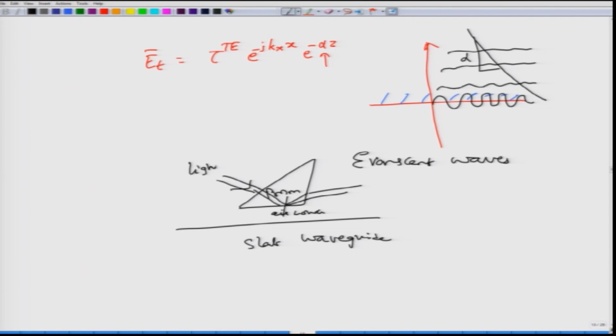So, this is the light source that we are sending in, and this is the slab waveguide, which is one of the important optoelectronic devices that is used to guide light. Because this is an angle greater than the critical angle, there will be a decaying wave along the direction perpendicular to the interface. And some of that wave, if you can adjust the gap between the prism and the slab waveguide, can be sufficient to excite a mode inside this slab waveguide, which would then be picked up and the corresponding mode would propagate.